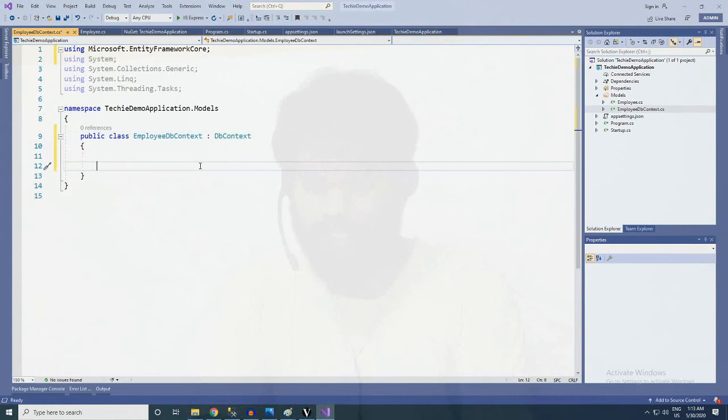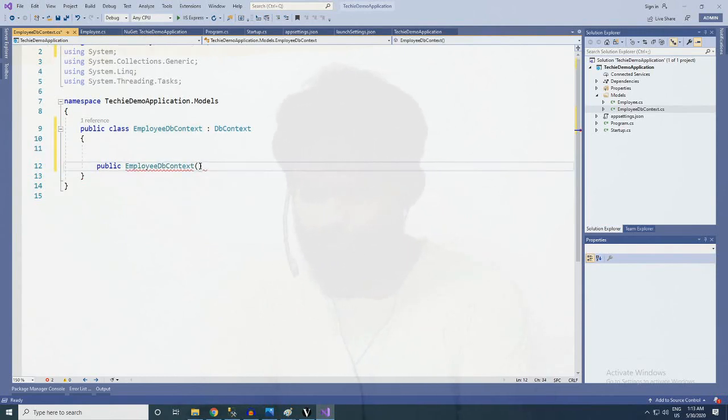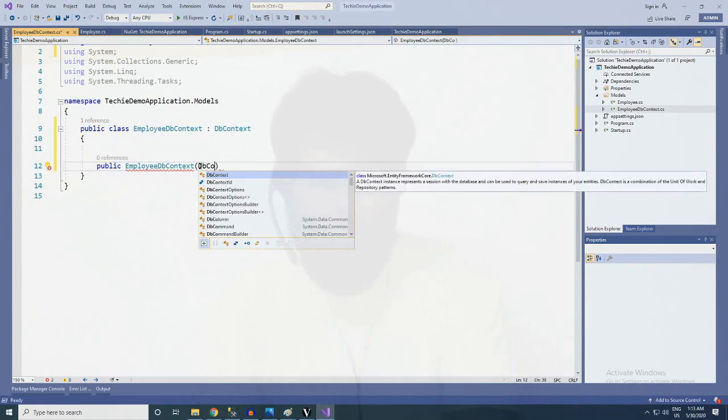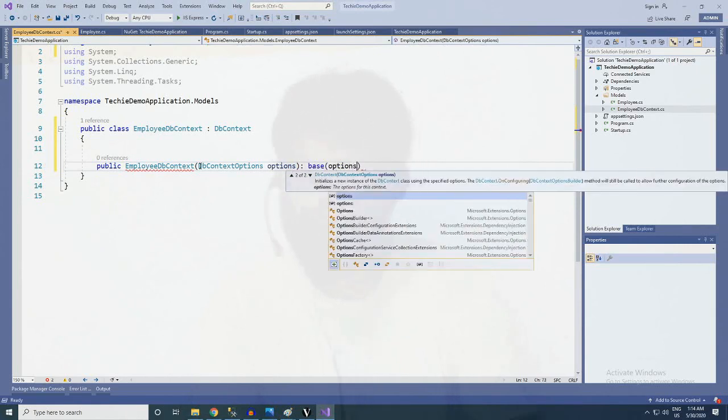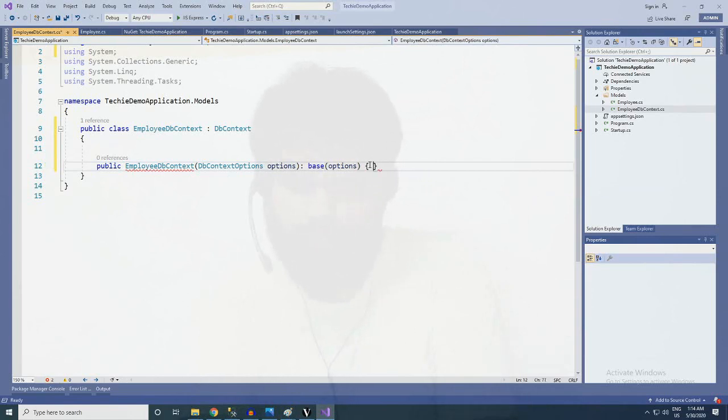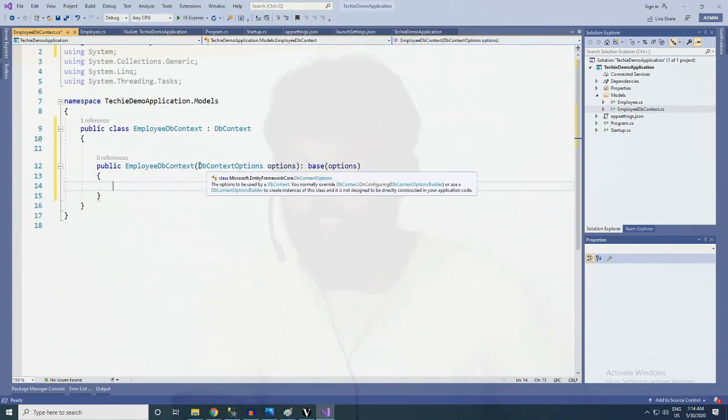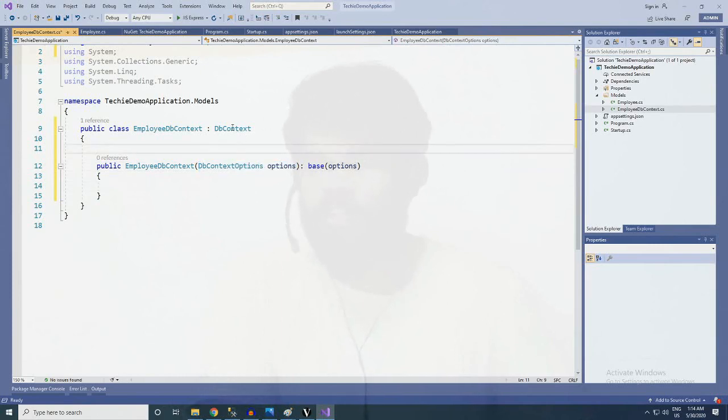Let's create the constructor for employee db context. So we gave db context options as parameter just because base db context needed a db context option, so we created it and we are not going to deal anything inside it.